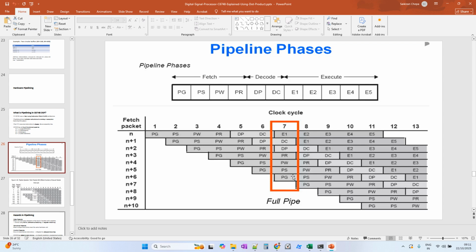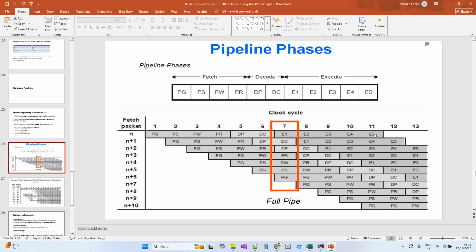So the different stages, this is the fetch packet n. If you see here, at clock cycle n, the fetch packet n is in execute phase, fetch packet n+1 is in decode phase, fetch packet n+2 is in dispatch phase, fetch packet n+3 is in PR phase, fetch packet n+4 is in PW phase, fetch packet n+5 is in PS phase and PG phase. Different packets are in different phases. So when you are executing the instructions, what happens is,